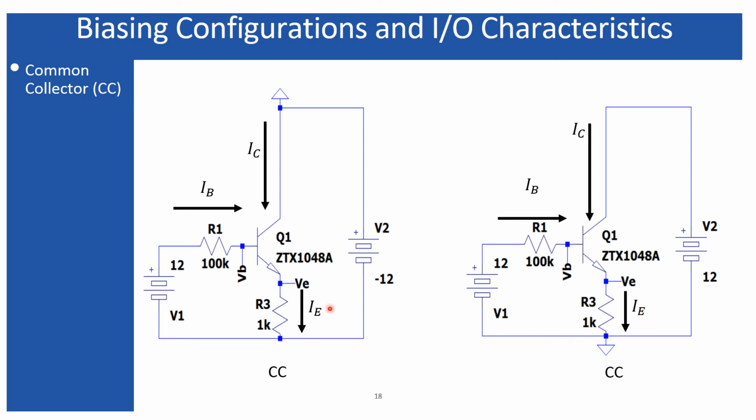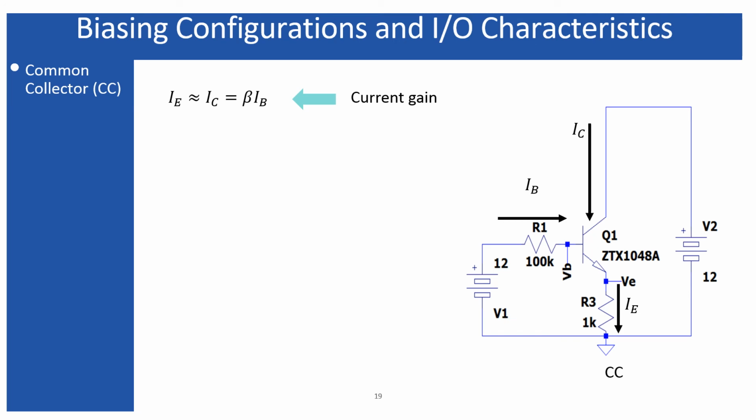But common collector means, although you are maintaining the same potential configuration in both of these circuits, the only difference between common emitter and common collector is from where you are taking the output. In the last case, I was taking the output from the collector because the emitter was common. Now I am taking it from the emitter because the collector is common. Similarly, in this circuit also the same thing I am doing, but the emitter terminal I have connected with a common reference point, but that doesn't mean that this is the common emitter. This is basically a common collector, as I am taking the output across this emitter resistance.